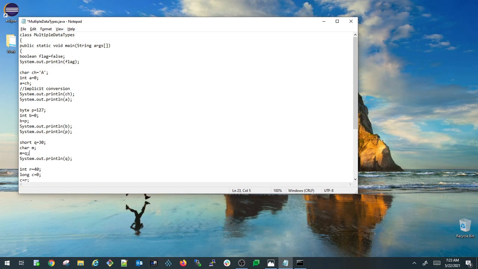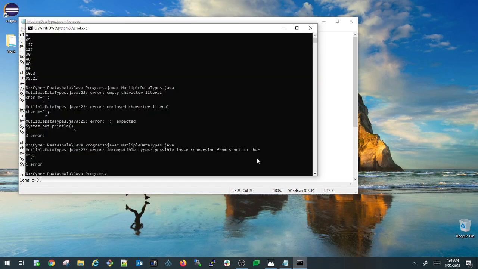I'm assigning directly from short data type to char data type. Let us see what the compiler says. I'm saving it, and also printing the same thing here, System.out.println, printing m. I'm saving it. Let us compile this program.